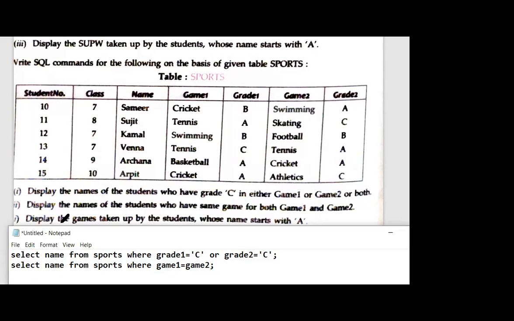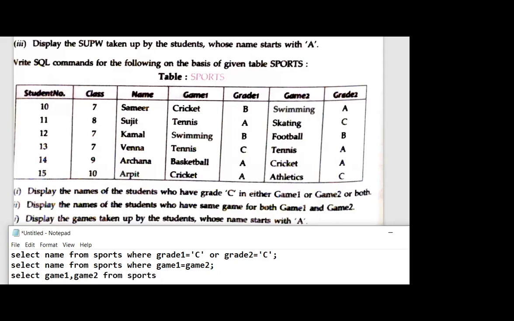Okay, the question is display the games taken up by the students. Now you know very well games are given either in game 1 or in game 2. So you will be writing something like this: select game 1, comma game 2. Fine. It is compulsory that if multiple columns are there, you are going to write comma. So some of you have made that mistake from sports.